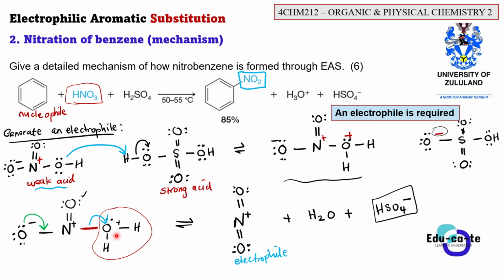Because there's a bond between oxygen and nitrogen, this single bond will break. And when it breaks, the electrons will go to oxygen because the oxygen is more electronegative, all right? But now this nitrogen is losing a bond, so this oxygen will save the day and donate one extra pair of electrons to form a double bond here. So we're now having a double bond, but we're having a positive formal charge on the nitrogen. Then we're having H2O and HSO4 minus. This is now our electrophile, NO2 plus. This is what we want to put on the benzene ring, and it is positively charged.